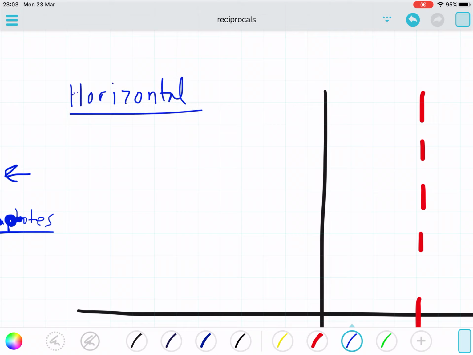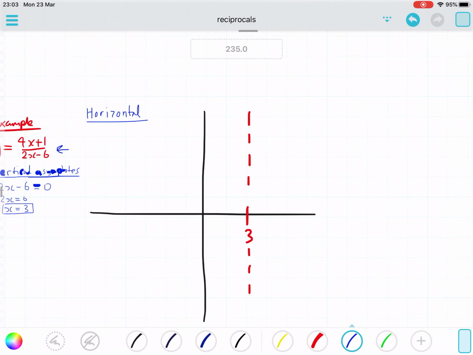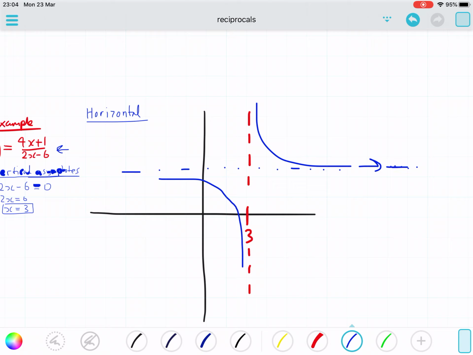but basically what we're doing is we're thinking about, let's imagine that it looks like this. How to find this? Well, what this dotted line is, it's the y value you get when x is extremely big, because x goes all the way along here and gradually converges down onto this line, this asymptote here. So we need to find out what y is when x is extremely big. So we can do that by just plugging in extremely big numbers for x, but it's a bit inelegant, so there's a nicer way of doing